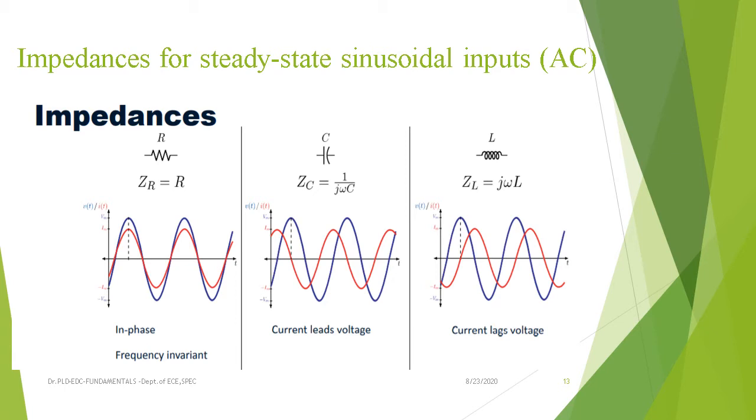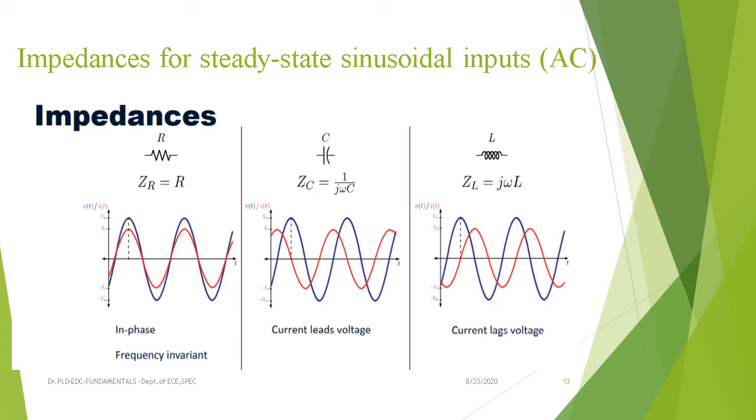Suppose there is no capacitance and inductance and you have only resistance, then ZR is equal to R only. In general, the impedance Z is equal to R plus jX. That X indicates reactance. If X is 0, then ZR is equal to only R. Impedance is a complex quantity and resistance is a real quantity. That's the only difference between resistance and impedance. Impedance is a complex quantity, a combination of resistance and reactances.